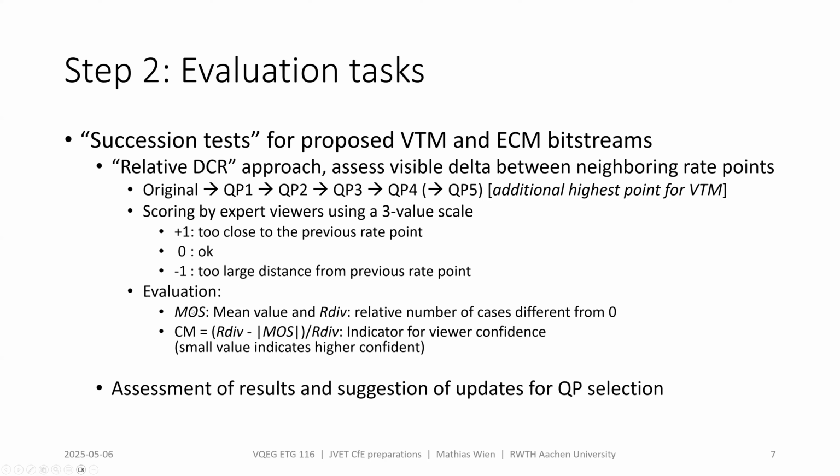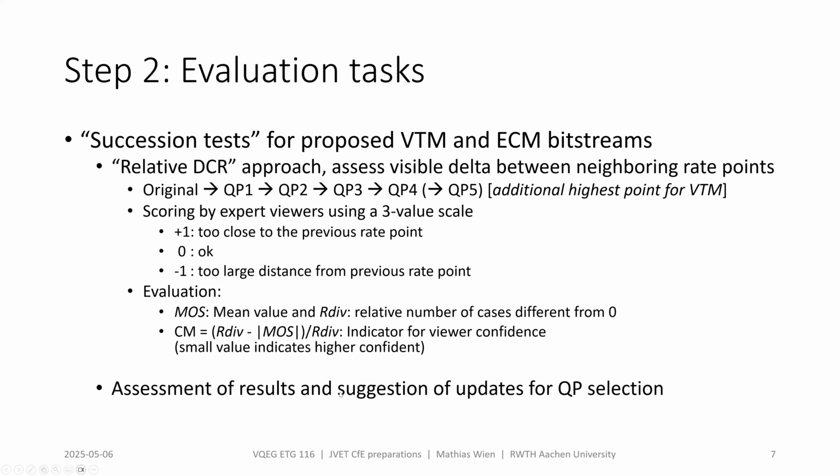I'm calling that a MOS here, and then we looked at a, let's say, relative number of cases. I call this RDIF to compute something like a confidence. So we were not so sure if conventional methods would help here. So we basically looked at how much differences did people see relative to the number of scores, and how does it relate to the MOS, and we normalize it accordingly. So if both would be in line, then there would be a very low number. That would be high confidence. If it goes towards 1, then it would be